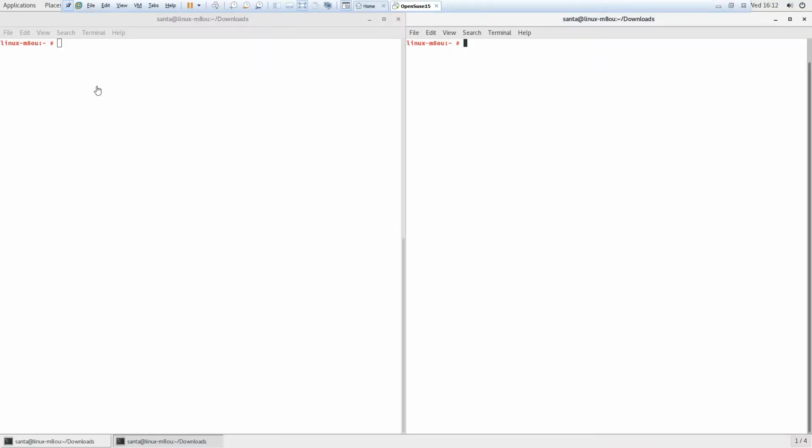Here's my desktop. I've got two terminal windows open. I'm logged in as root on each because executing and interfacing with the AppArmor tools requires root privileges, and you can either sudo or you can just su as root and do it that way. But I've got two windows open here, and you'll see why here in just a second. But the first thing we'll do is let's just make sure